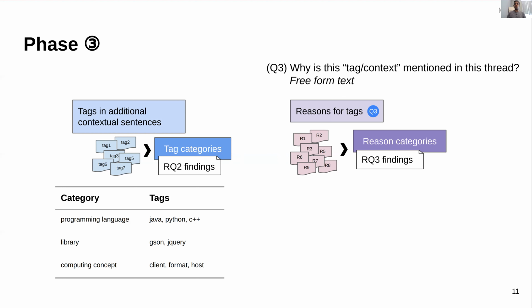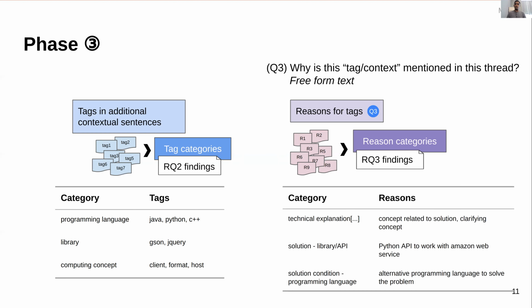So authors provide free-form text. Then, once again, we use open coding for these reasons provided by each annotator. Then group them. For example, reasons such as concept related to a solution or clarifying a concept fall under the category technical explanation. A reason like Python API to work with Amazon Web Service belongs to a solution for a